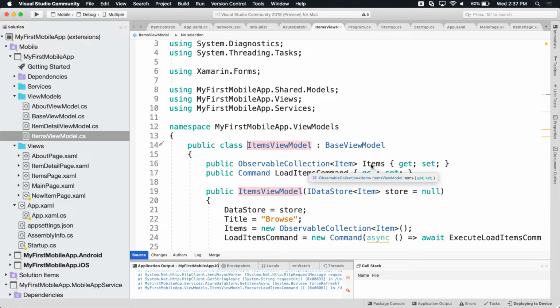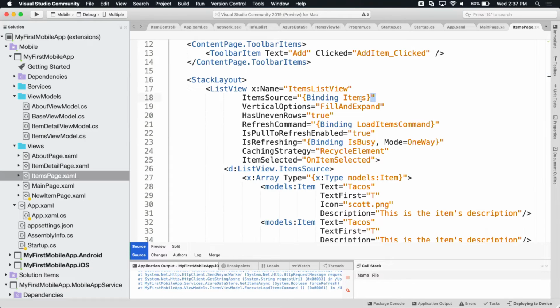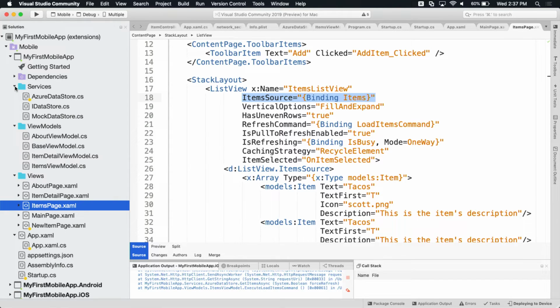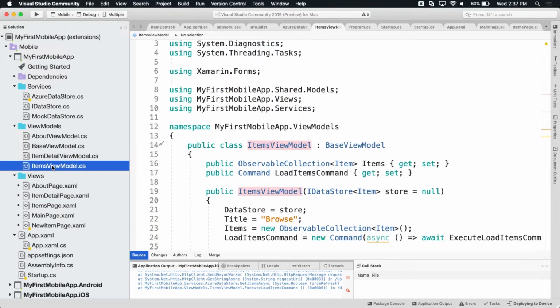I have a list of items, and we have that special binding thing. It's kind of like the @ sign in Razor, for instance. There are a lot of analogies between Razor and this. It's still angle brackets, it's just not HTML, but there are a lot of analogies for an ASP.NET Core developer, or an ASP.NET developer. So what we have then is a way to call into this code.